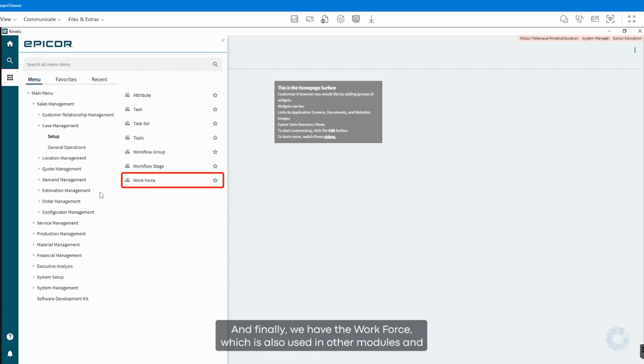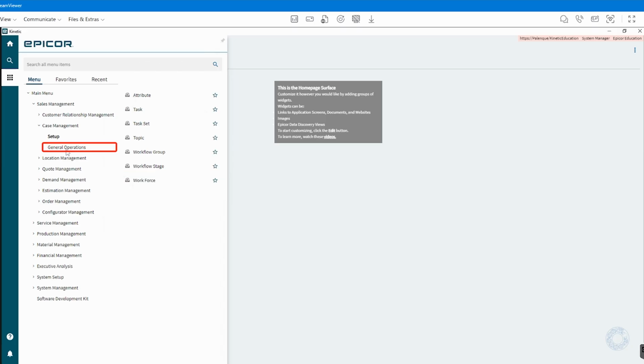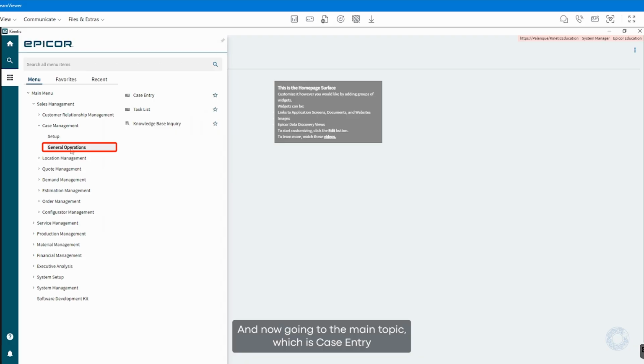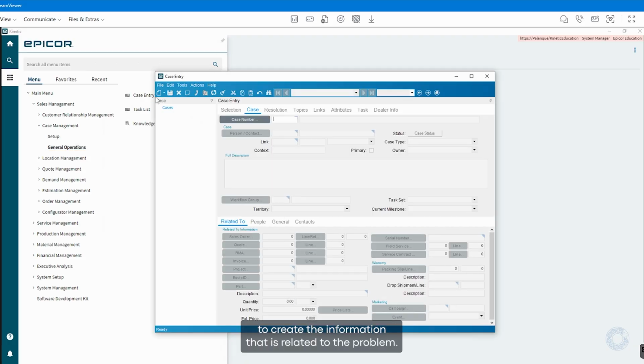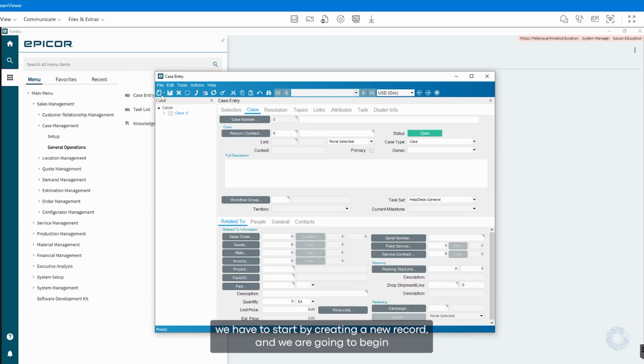And finally, we have the workforce, which is also used in other modules and is the people who are going to be involved and authorized to work on the cases. And now, going to the main topic, which is case entry. In this screen is where we are going to create the information that is related to the problem. Just like in the other modules and in the other screens, we have to start by creating a new record,